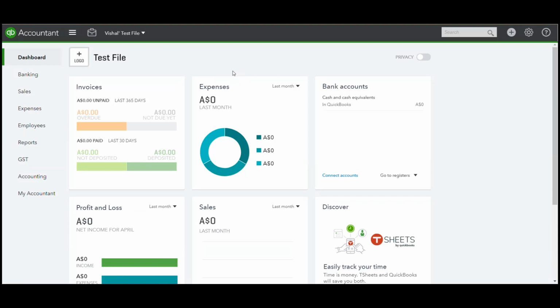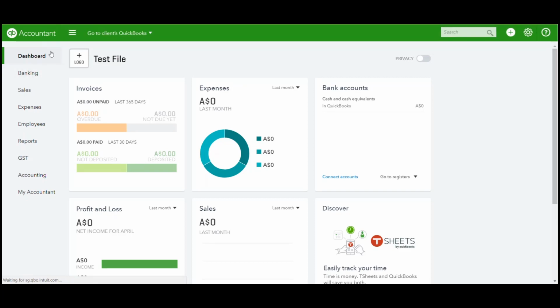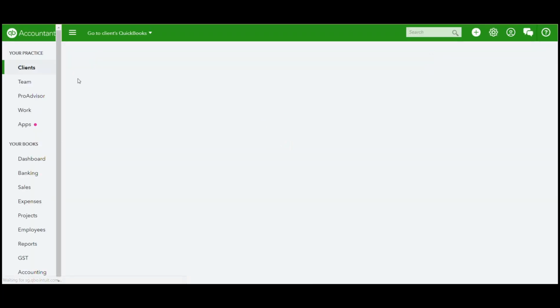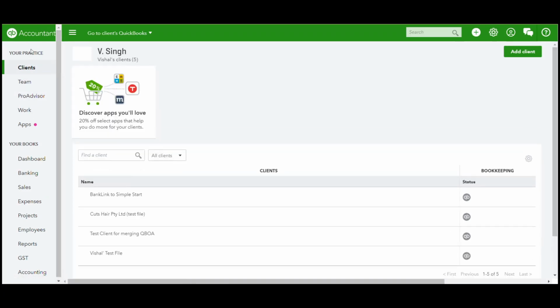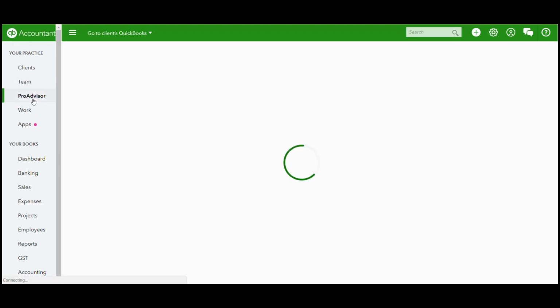Another last resource that I would like to point out to you is we have a great deal of resources in our Pro Advisor section. So if you are an accountant, please go have a look in the Pro Advisor section, which can be found in your QuickBooks Online accountant file under the Pro Advisor tab. So once you're back in your QBOA dashboard, under your practice, you simply click Pro Advisor,